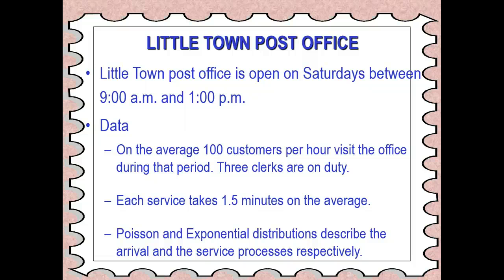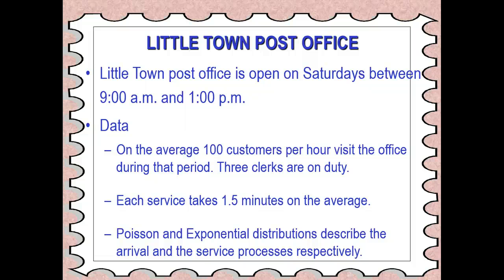Our mu is, let's see, each service takes 1.5 minutes on average, so that means we can do one customer every 1.5 minutes. So how many customers can we do in 60? Well, cross multiply, we have 60 is equal to 1.5 mu. I get mu is equal to 40, okay? So is this gonna be a problem? People are arriving at a rate of 100 per hour, and we're servicing at a rate of 40 per hour. Is it a problem?